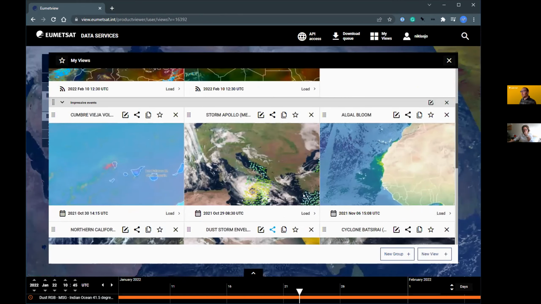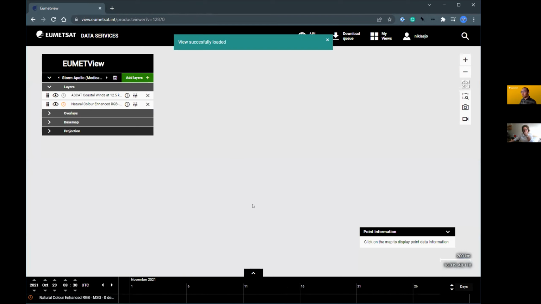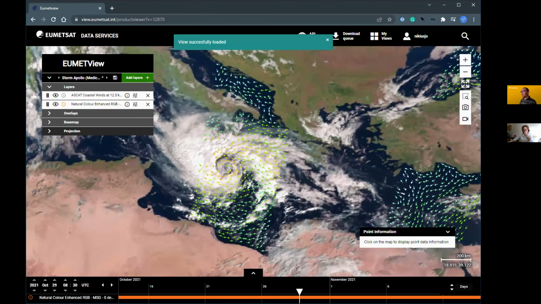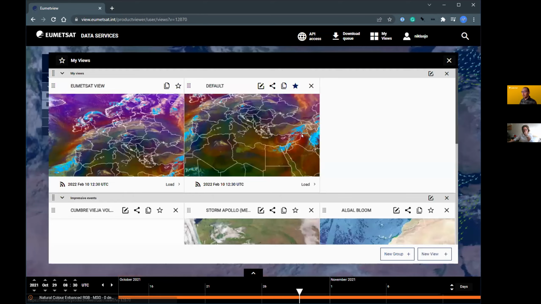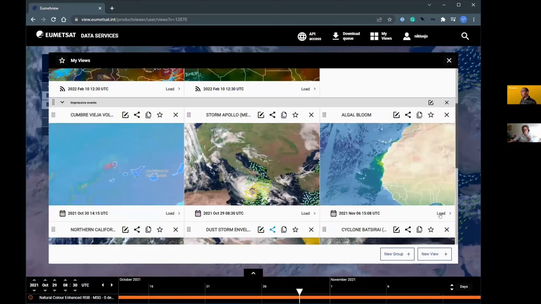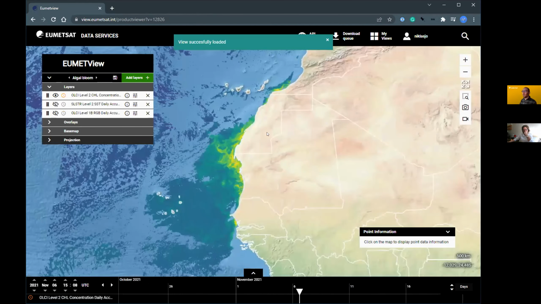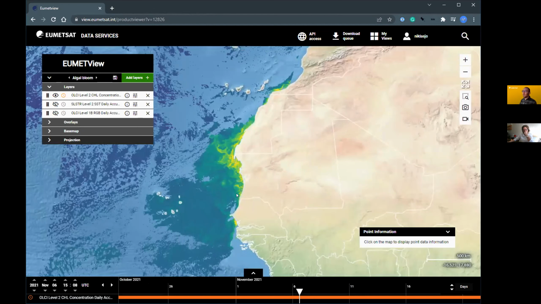For example, this Medican, where we have some other data sets, for example, these SCAT coastal winds, where we can see the wind direction and wind speed, but this we will investigate further when we create our own view. We can have ocean data presets, for example, algal blooms here in Western Africa, where we have a different set of layers. We don't have an RGB, we just have, for example, sea surface temperature layers,